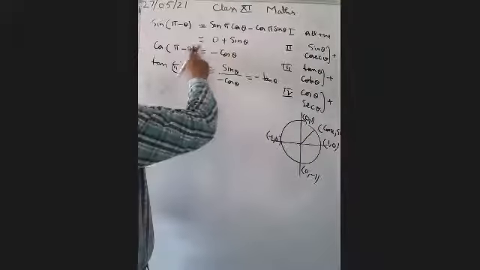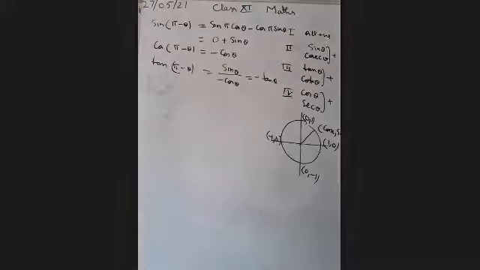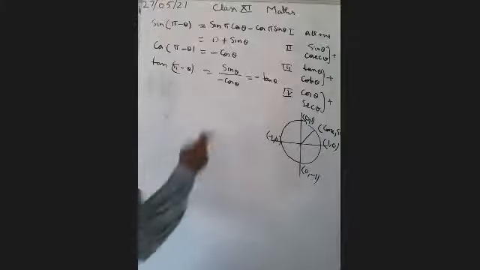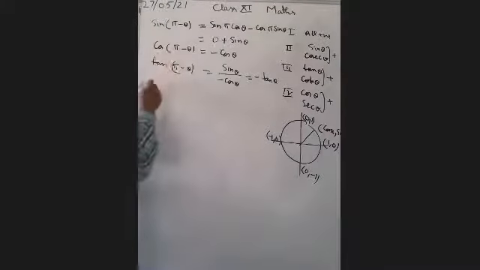So we are getting the same function, but in case of 90 minus theta and 90 plus theta, they were converted into co-functions. Sin was converted into cos, and cos was converted into sin. Similarly, we can get the value of sin(pi plus theta). The remaining three you have to do yourself.